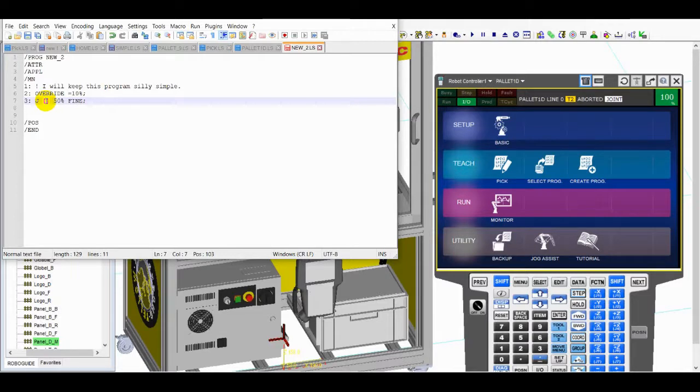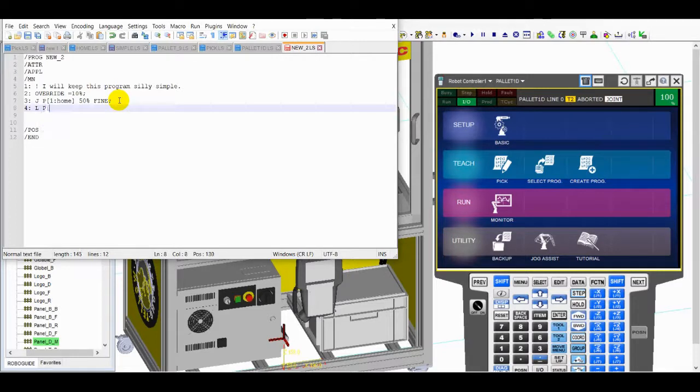Position type. So let's say it's a position type P. Position P is for position, definitely. P outside here, and then P1. I'll label it, put a comment there and say home. Okay, P1, which is home, and fine. And then for knowledge's sake, let's use the linear motion type, and say linear move to P